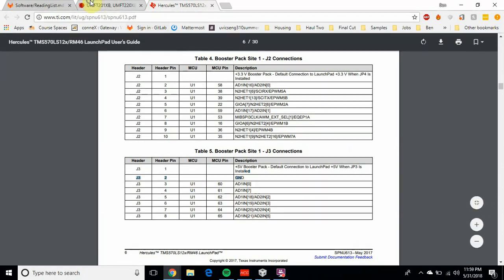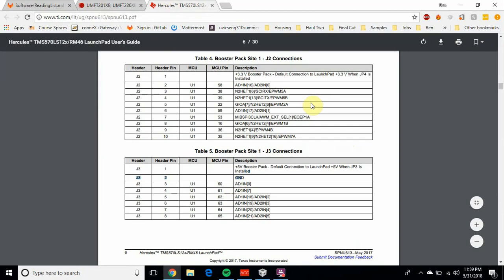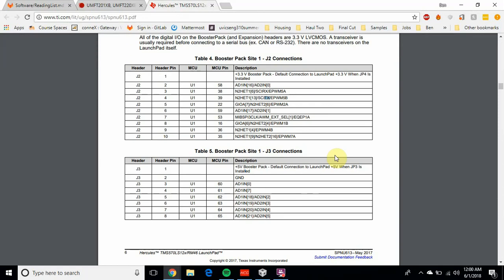The next one we'll do here is, let's take a look at TX. So we want to connect TX. Now, your initial strategy may be to connect TX to TX, but actually what you want to do is connect TX to RX, so transmitter to receiver. The reason for that is obviously